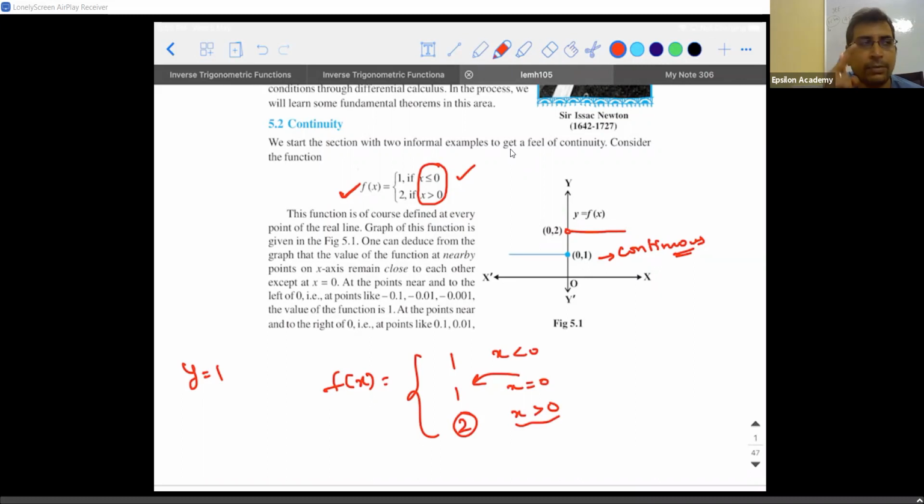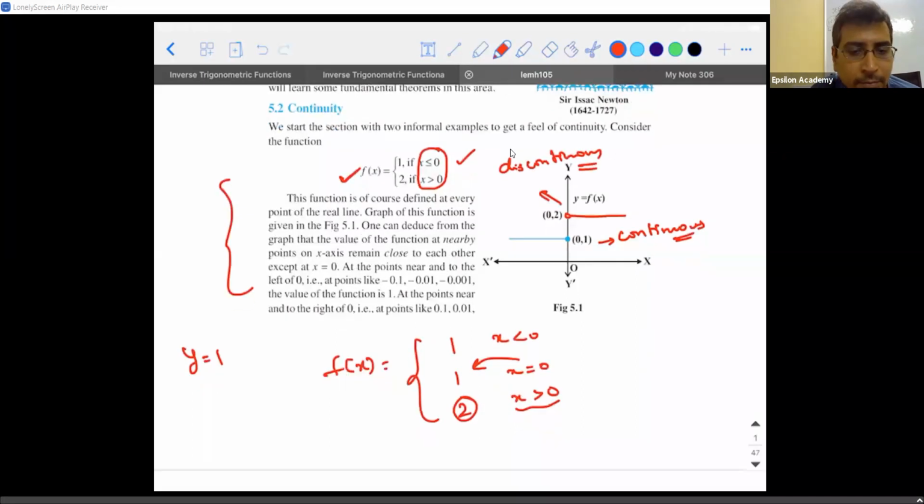Any function cannot have two function values at the same point, we know this. Two different function values at the same point, then it cannot be a function at all, no? One input cannot have two outputs, that is the meaning. So it is a discontinuous function. They gave this example only to show how to represent a continuous and a discontinuous function on a graph sheet. So this theory you can read and see.